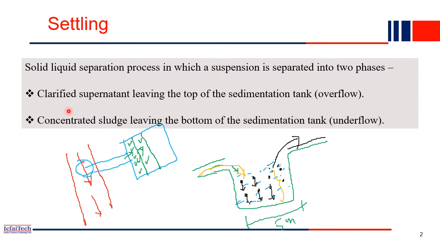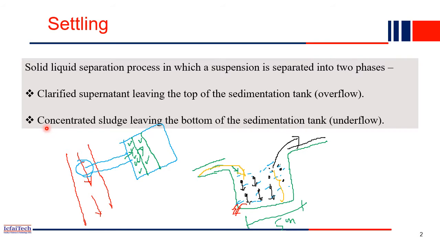So the clarified supernatant liquid at the top of the sedimentation tank, that is the overflow, right? Here the water will be clear water, so that will be there at the top of the sedimentation tank, and this will go into the next chamber, right? This is the clean water. Through overflow basically water will go, whereas in the underflow there will be a small chamber opening here also. In that underflow basically all the dirty water or the pollutant water will simply wash out from the sedimentation tank.